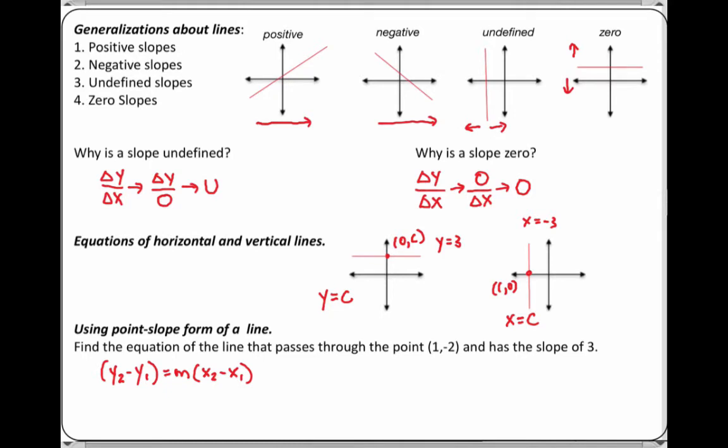So first things first, just a quality of life thing, I always like to call these the 1s and 2s and load them into the second part of the y's and x's, just to keep the variables that I'm going to leave, the y sub 2 and the x sub 2, as positive. Okay, in this case we have the slope. Remember, mountains have slopes, m slope, etc. So yeah, let's go ahead and plug that in